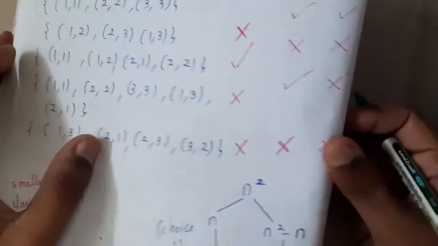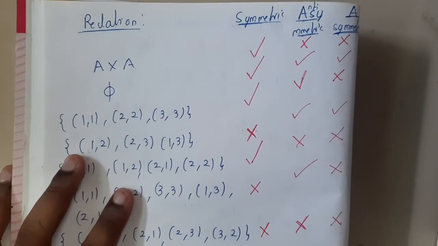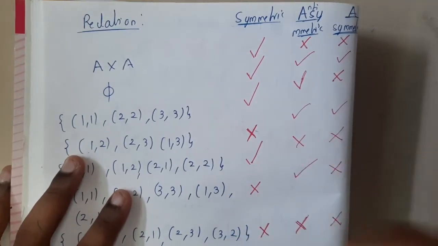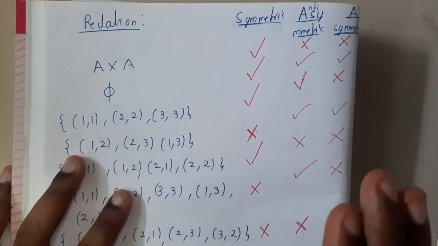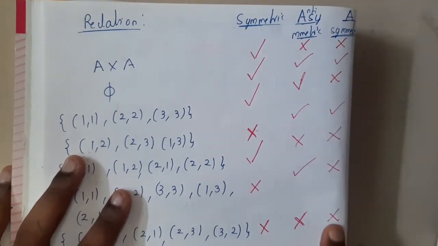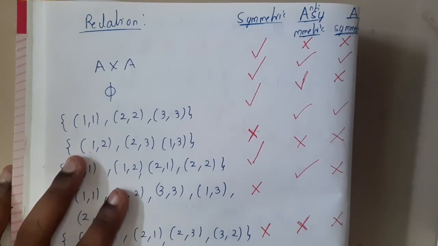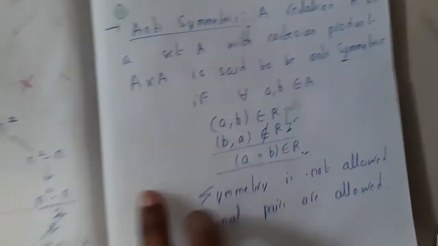So it's quite simple, guys. We discussed 3 different topics till date with respect to symmetric, right? Now I hope everyone got a clear idea. What symmetric says: if AB is there, BA should be there. What anti-symmetry says: if AB is there, BA should not be there, but I will allow diagonal pairs like 1 1, 2 2, 3 3. And what asymmetric says: if AB is there, BA should not be there, and I am not going to allow diagonals. That's it.